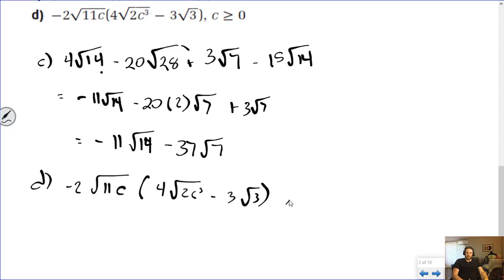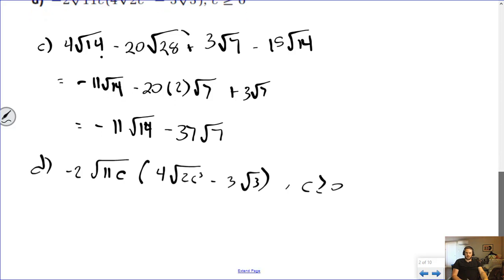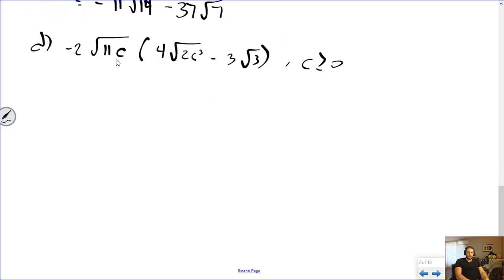And again, we're going to say c can't be negative because if it were negative, it's going to make this negative and it's going to make that negative, which we know is an issue when we're taking the square root of negative numbers. So again, what I can do here is I can take this thing that's out front and multiply it into my bracket. So negative 2 times 4 is negative 8. And 11c times 2c cubed is the square root of